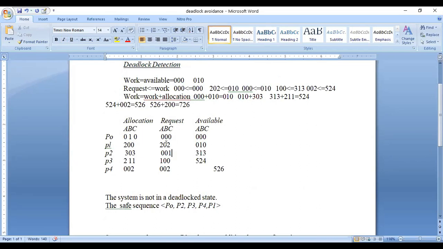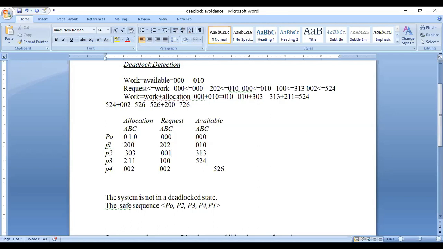Again apply the conditions. 000 is less than or equal to work. Work is the available, which is 000. So the condition is true, and P0 enters the safe state.